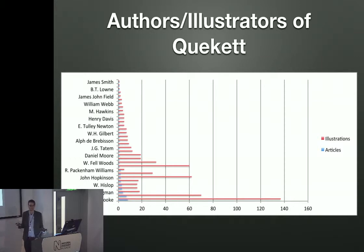So if you think about the journal itself, it's mostly illustrated by one author, Mordecai Cubitt Cook, who, again, is the editor and contributor for Science Gossip, and one of the founding members for the Quekett Society, right? So the other point is you can't really think about a journal like the Quekett Society without thinking about Science Gossip. Even though they're completely distinct and separate journals, there is a distinct overlap in how the knowledge is constructed in the periodical, and especially how the knowledge is constructed